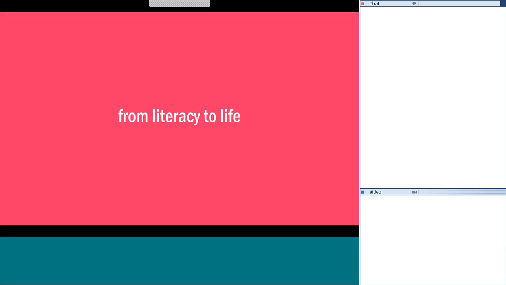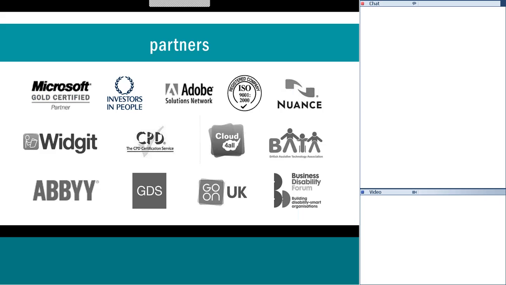So a little bit about our company. The company is called TextHelp, and we basically take people from literacy to life. We work with many large organizations. We're a certified gold partner with Microsoft. In terms of the EU, we work on a project called Cloud for All, which you may or may not know.